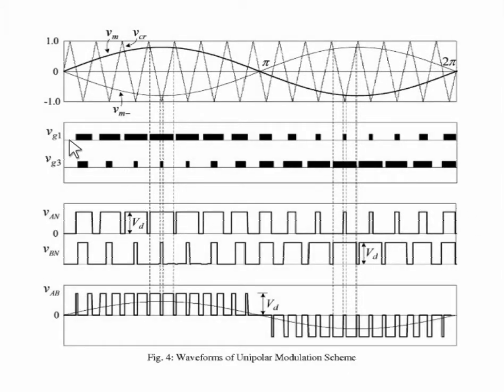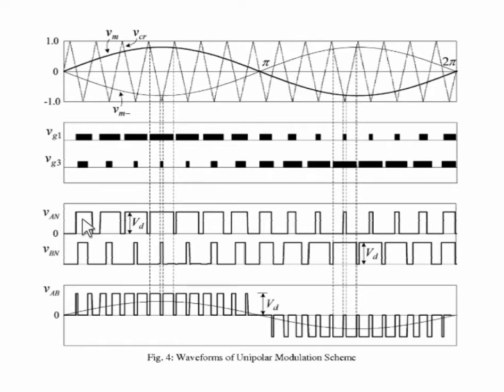So if this kind of pulses are given to the inverter switches, we get the output voltage which is of this type. It is similar to this, but this magnitude is the input of the inverters. If we apply these pulses to the inverter switch, we get this kind of output.